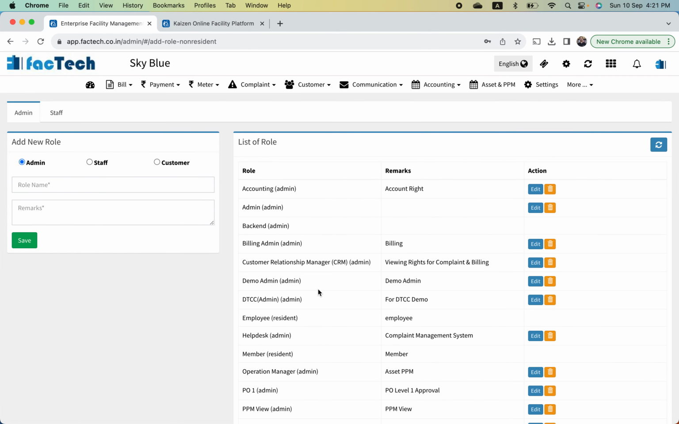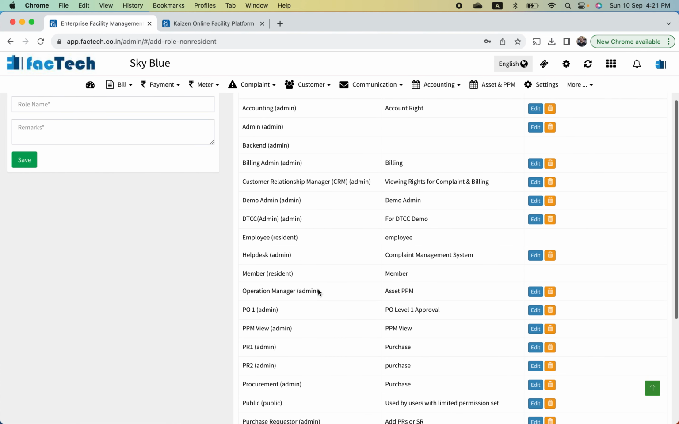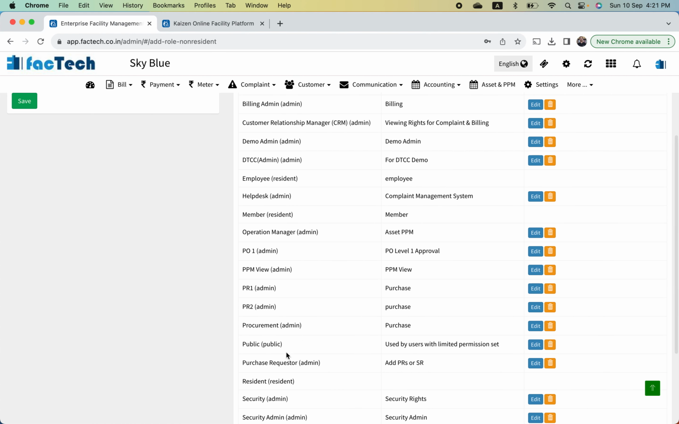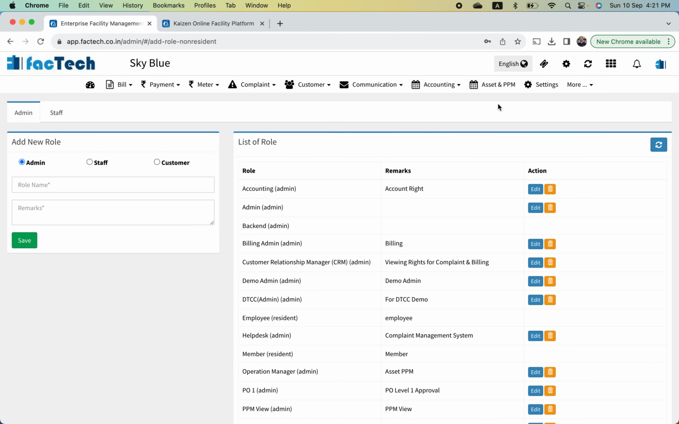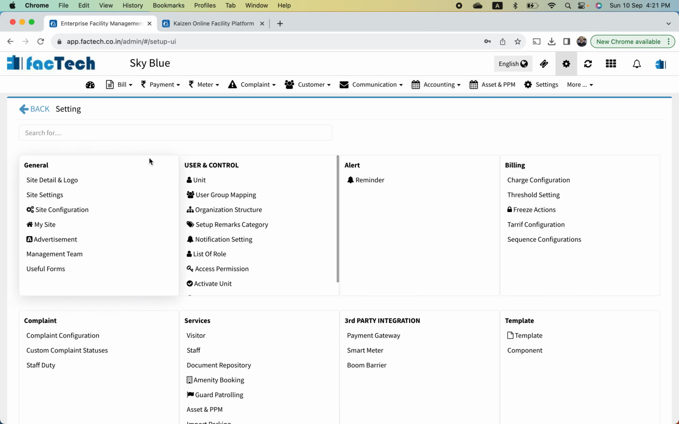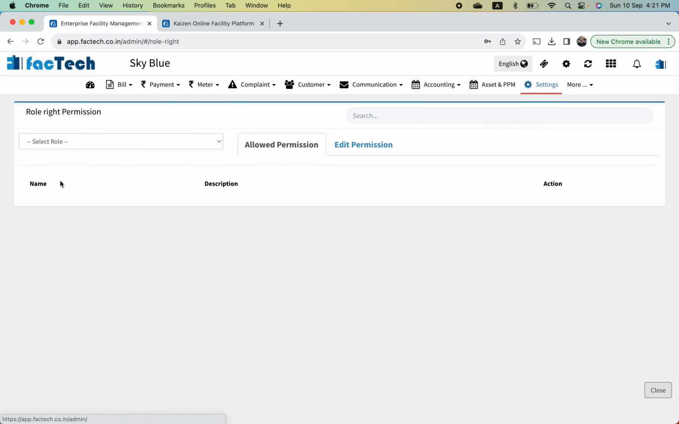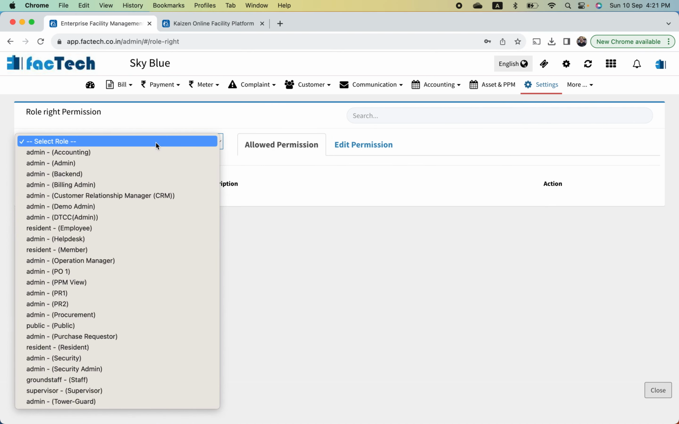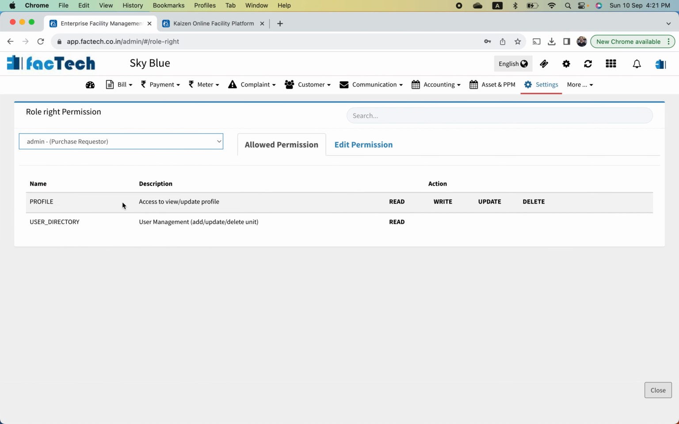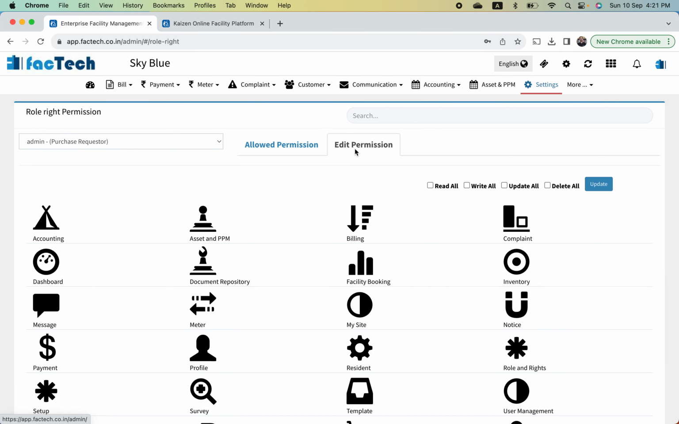Now the second step is to map the permission to this new role. Whatever purchase requester we have created, we need to map the permission to that. So again we go to settings and search for permissions. Here the access permission opens, and we can select the role, which in our case is purchase requester, so I select that. By default there are 2 permissions given, profile and user directory. These are only for login, so we need to give the purchase permissions. We can just search purchase here,